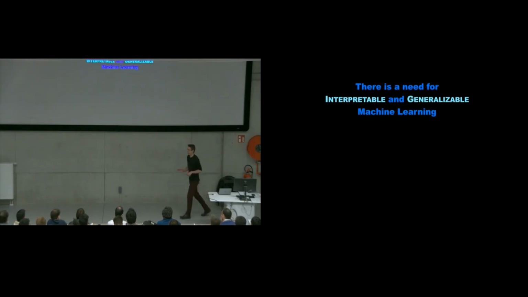Now, I struggled with this. Should I try to define interpretable and generalizable? In fact, I am almost certainly using this in not the way that a machine learning or statistician expert would use this, and I am not going to apologize for that, because these words mean something to us, and we had these words first. You know when a model is interpretable and generalizable when you see it.